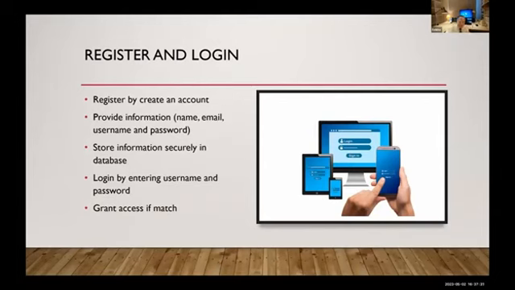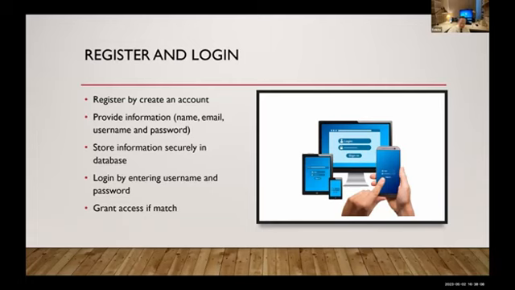First, we will allow users to register by creating an account, and you will need to provide some personal information like name, email, username, and password. And we will also need users to provide their phone number, and then the system will send you a clearance code, and then you will enter the password that you want, and after that, you will complete your registration,